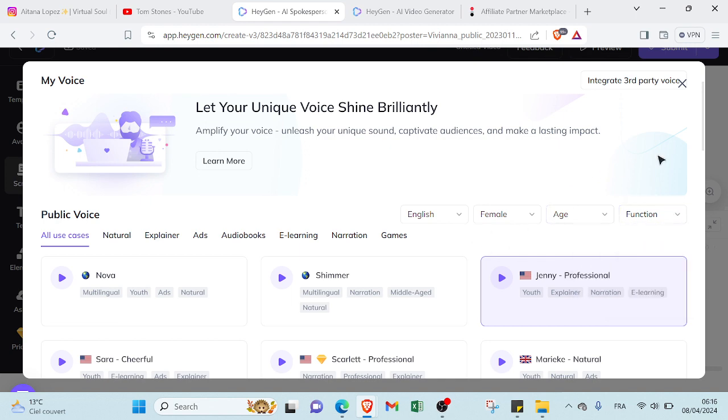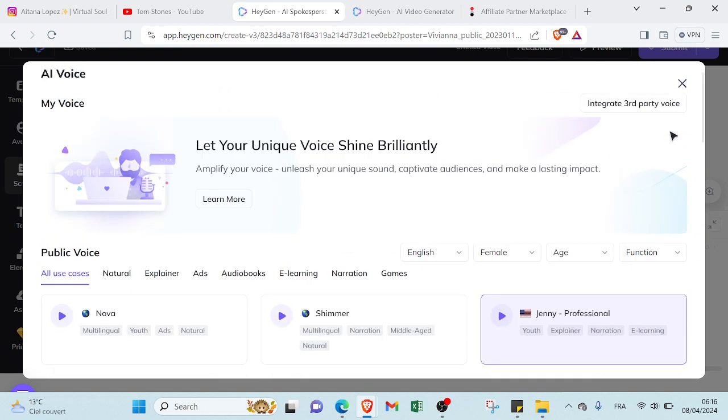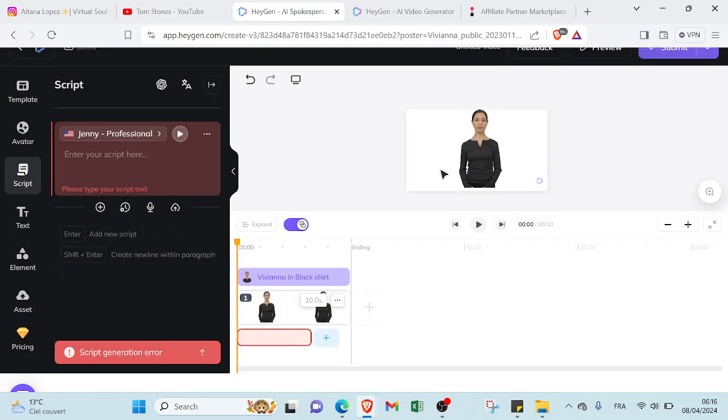So you can change here all the things that you want to, and then you will choose your voice, and then you will create your video, and you can submit it by clicking over here, and you can download it. Then you will have your AI character, and you can use it in your video, and you can publish it on your channel.